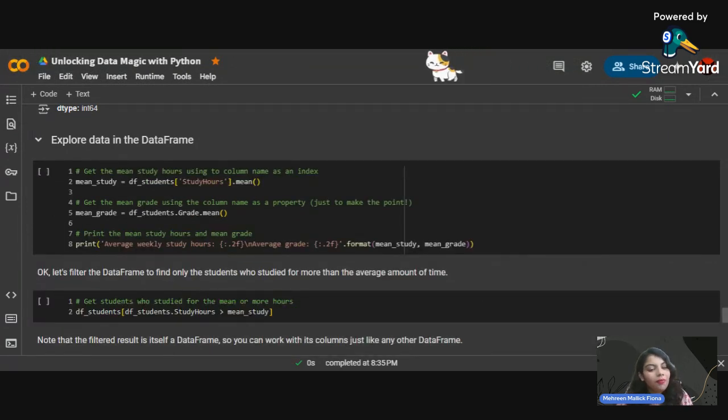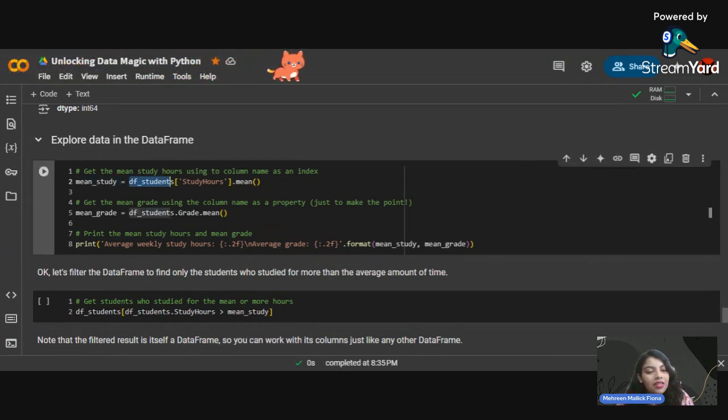Now that we know some basic operations, let's start exploring the data in the data frame. So we have a data frame here. We are trying to get the mean of the study hours. So let's see whether we can get the mean or not. In order to get the mean here, we will assign a new variable, then pass this with a mean function.